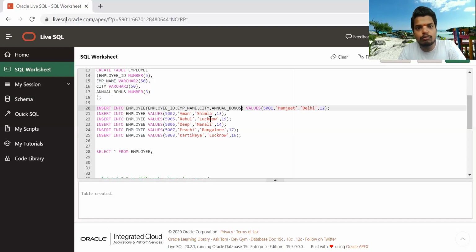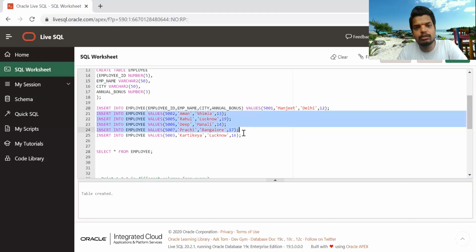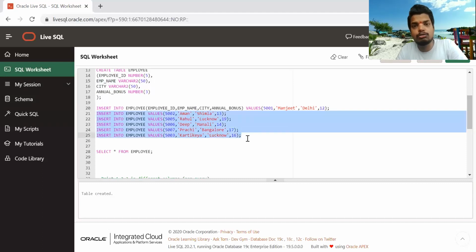If you mention it like this, it is a good and best practice to insert this way, so that each column knows what its value is. Or else, you just maintain the order in which you are passing the values, and that will be completely fine. If you don't mention this column names list, that will also run fine.